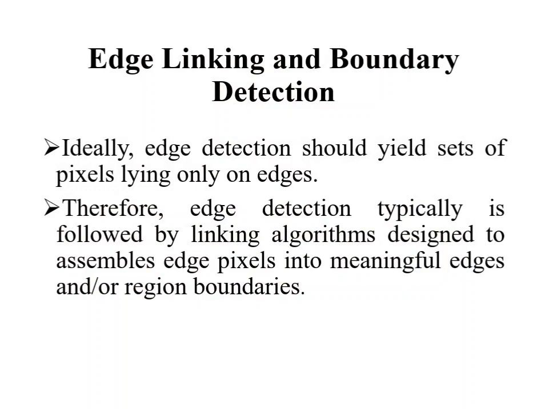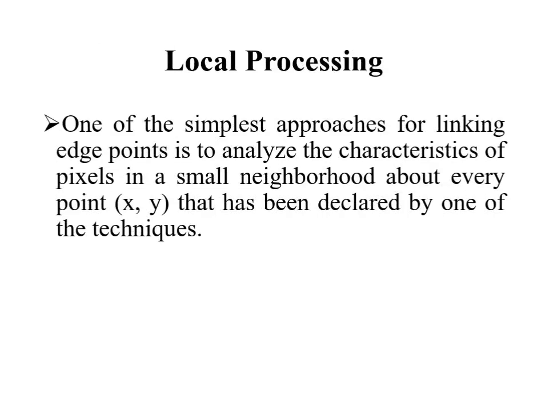The next topic is edge linking and boundary detection. Ideally, edge detection should yield a set of pixels lying only on edges. These pixels seldom characterize edges completely because of noise, breaks in the edges due to non-uniform illumination, and other effects that introduce spurious discontinuities in intensity values. Therefore, edge detection typically is followed by linking algorithms designed to assemble edge pixels into meaningful edges and/or region boundaries. In this section, we discuss three fundamental approaches to edge linking that are representative of techniques used in practice. The first one is local